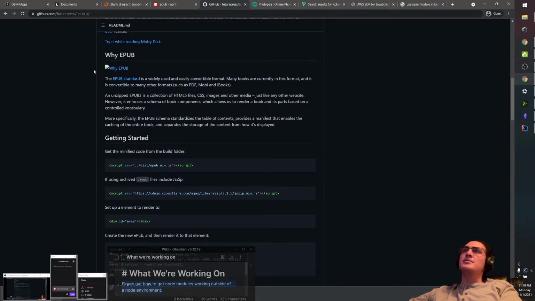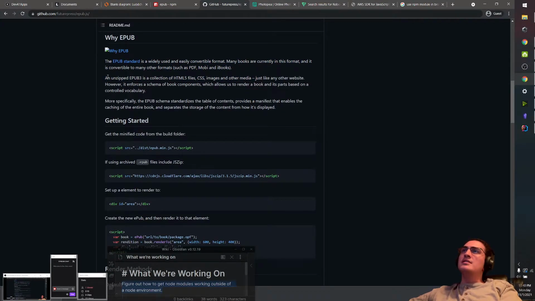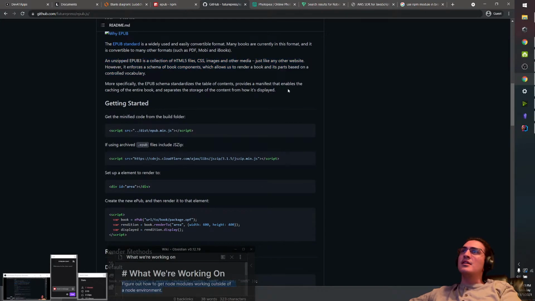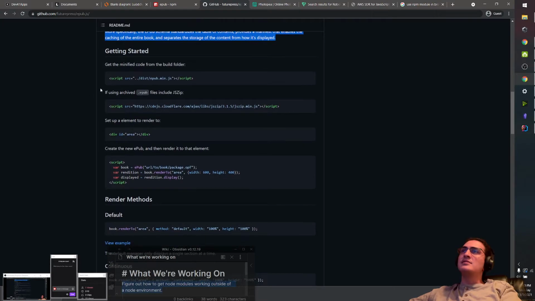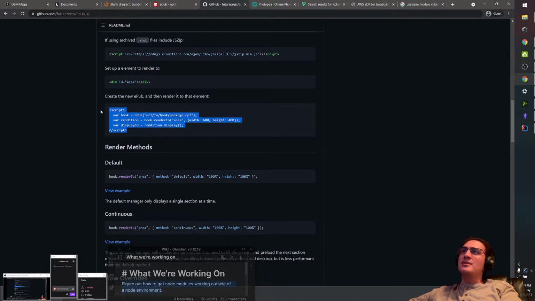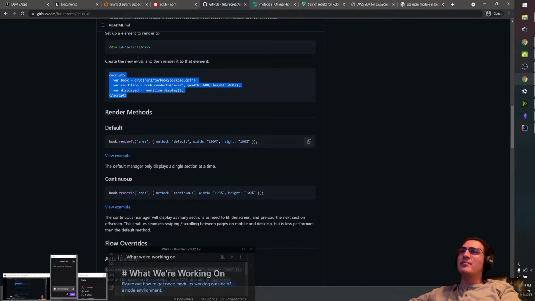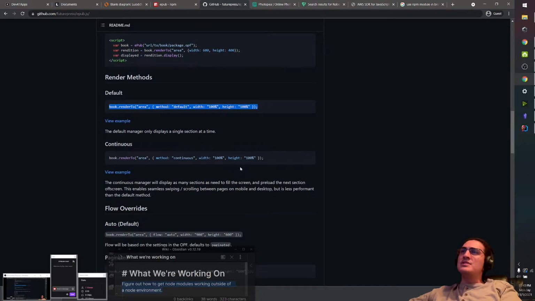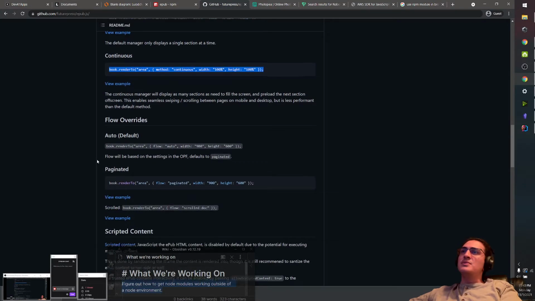Epub standard. Ooh, we can just steal this for our Epub. Many books are currently in this format. It's convertible to many other formats. An unzipped Epub 3 is a collection of HTML files. Got some minified code. Set up an element to render to, create the new Epub, and then render it to that element. All right, so this is rendering, but do we have